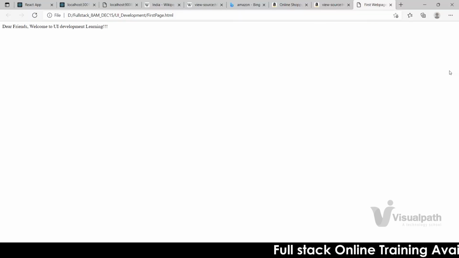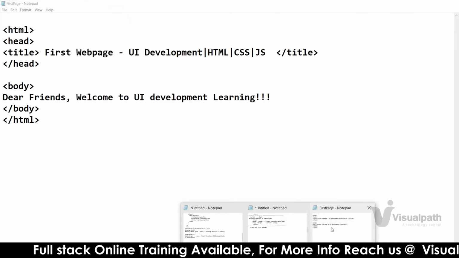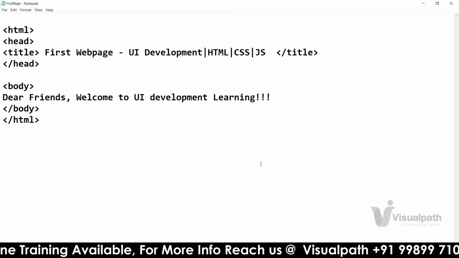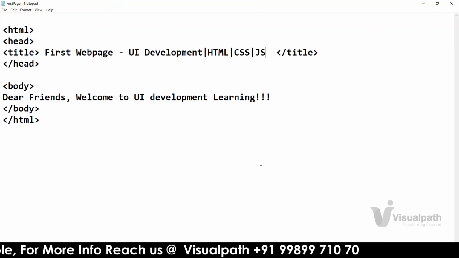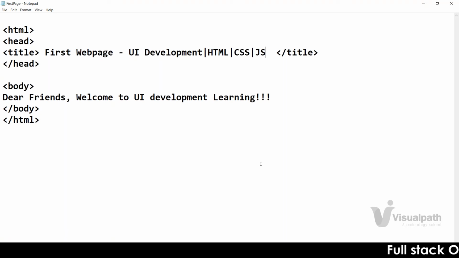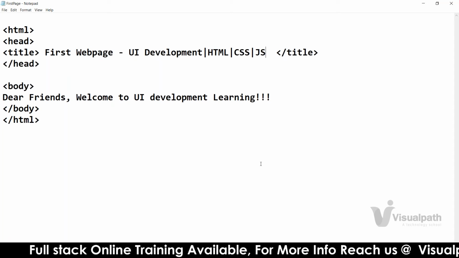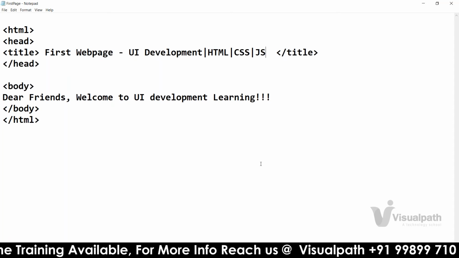So this is about the basic creation of a first web page in your HTML learning. Got it right? How to do it? I repeat, just within 2 minutes. Try to catch it, guys. You have missed it. Okay. So we have to use the root tag called HTML tag. Open HTML, close HTML. And two primary tags are there: head tag and body tag. Open head tag, close head tag. Open body tag, close body.